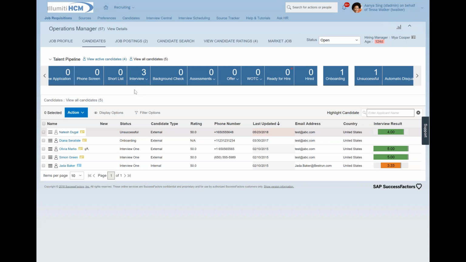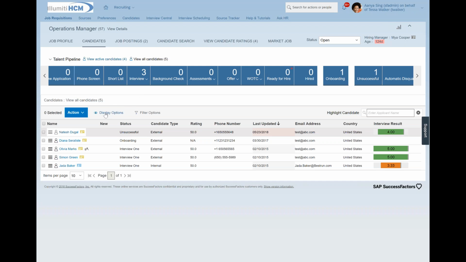And you may be saying to yourself, how can 1 candidate already be in onboarding and this requisition still open? And that is because we support the ability to hire multiple positions of the same type under 1 requisition. So that means you don't have to post multiple requisitions for like openings, and candidates don't need to apply to multiple requisitions for the same opening. So it just makes it a lot easier for you as a recruiter and the candidate going through the process.